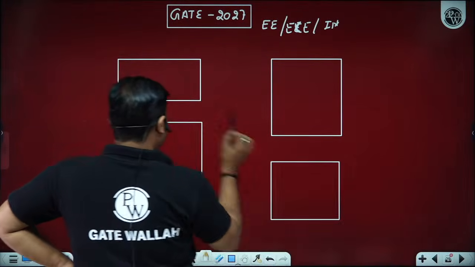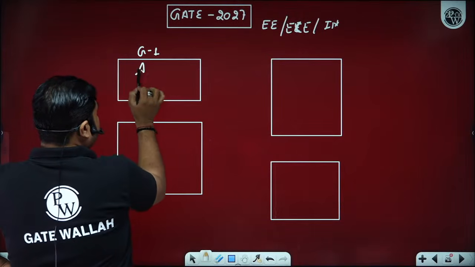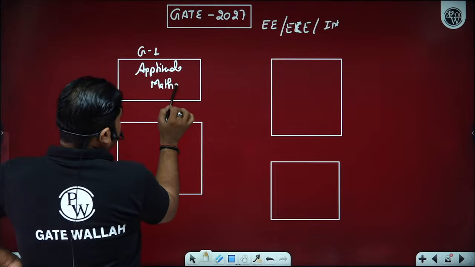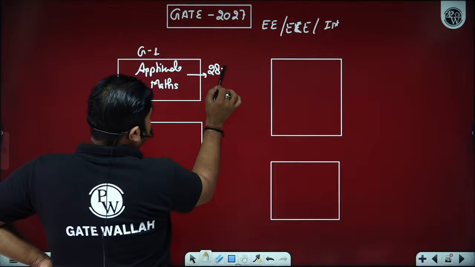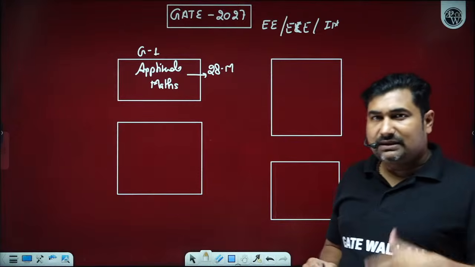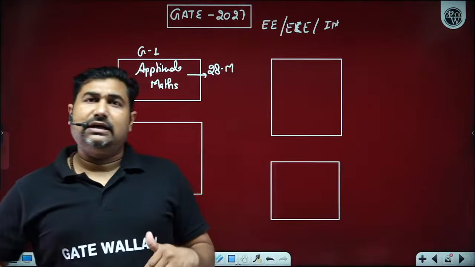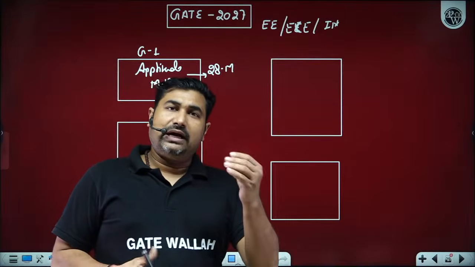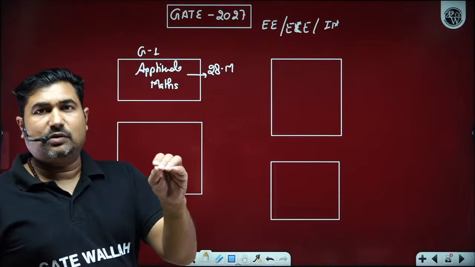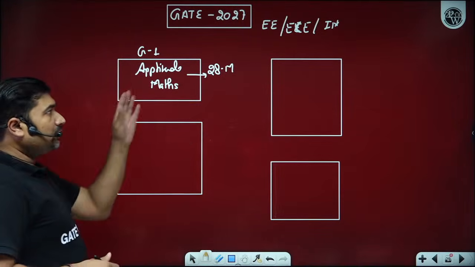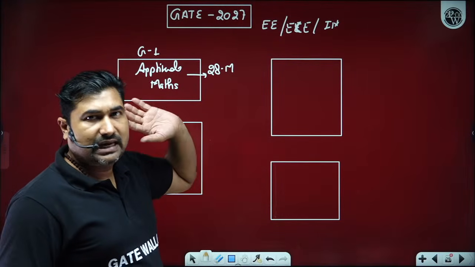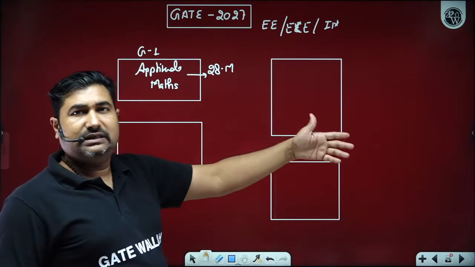Please see, group 1 will have aptitude and maths. These 2 papers alone will have a weightage of 28 marks, and hardly it will take 100 hours for mathematics to study, understand and practice on the different questions, and hardly 50 hours to complete your aptitude portion to understand different concepts. So 28 marks all of you can gain, and this is the cutoff for electrical, electronics as well as IN students. Even for CS, nearly the cutoff is around 30 marks.